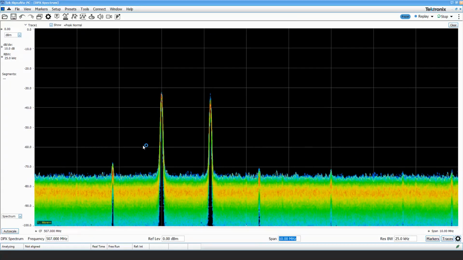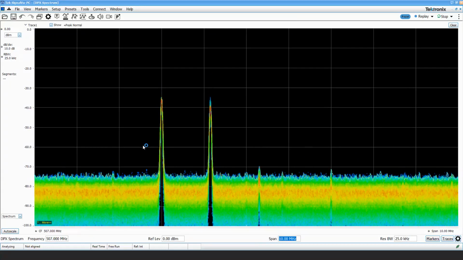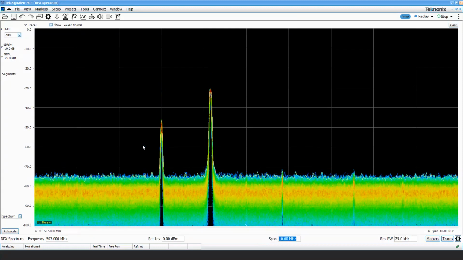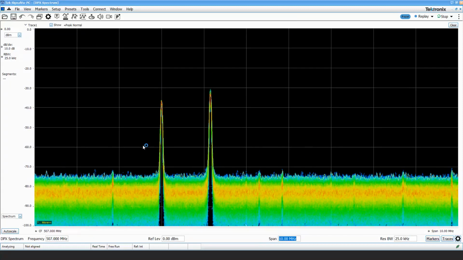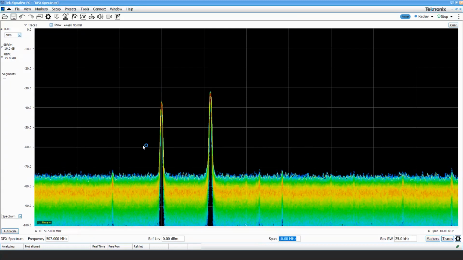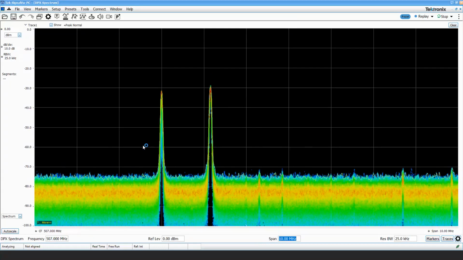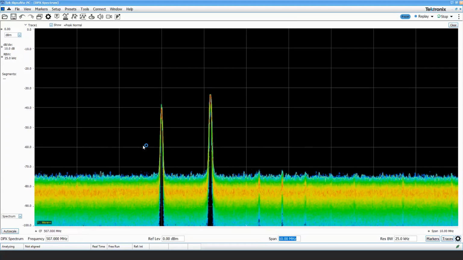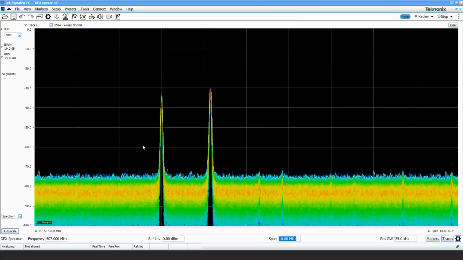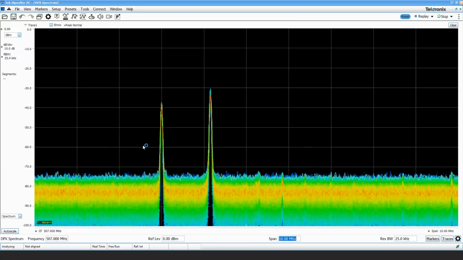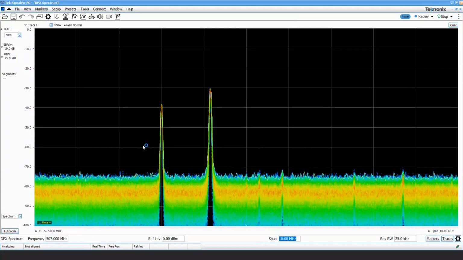We see that I can operate them fairly close to each other, and I really have to get them right next to each other for those intermodulation products to show up. And this is at 10 milliwatts. 10 milliwatts is going to cover, in most scenarios, if you have line of sight to the antennas, a classroom and also a lecture type environment. It'll cover that space well if you have your antenna system set up properly.